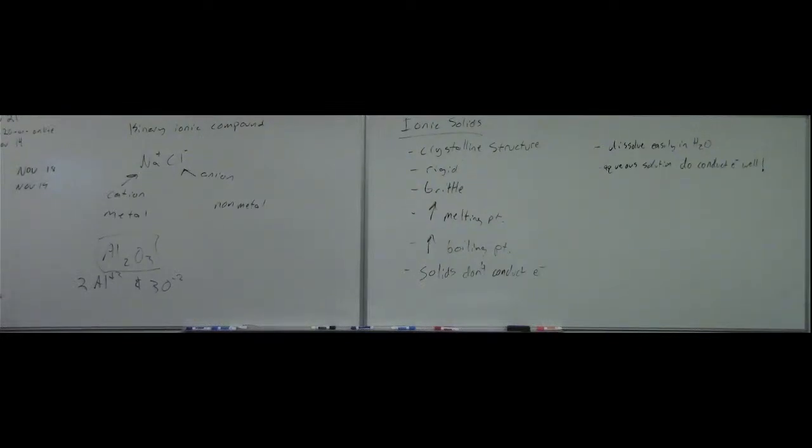It's important that we note, however, that the formula for an ionic compound does not represent the physical arrangement of its ions. So I'm not just going to have 2 aluminums hanging out near each other, and then 3 oxygen ions hanging out near each other. It is correct to refer to sodium chloride. It's incorrect to refer to a sodium chloride molecule because there is not a single ionic bond per se. So if I talk about NaCl,